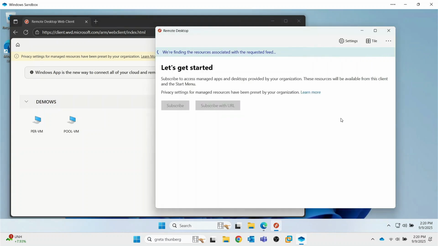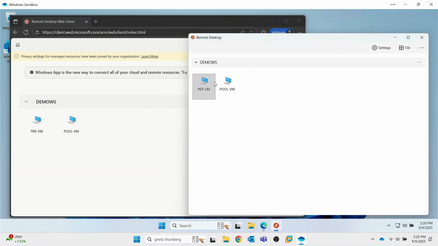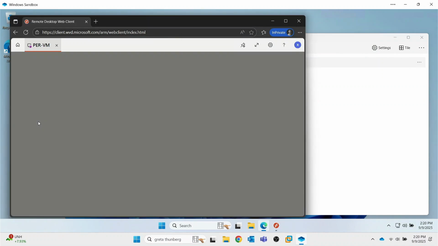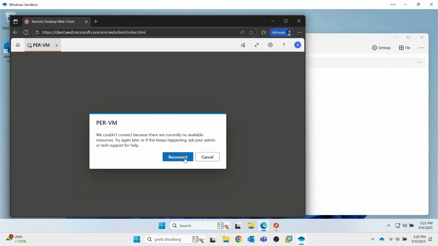Okay. And here you go. You can see your environment and your workspace. Now, if you want to connect, you just double click on the machine you want to connect to, put your password,